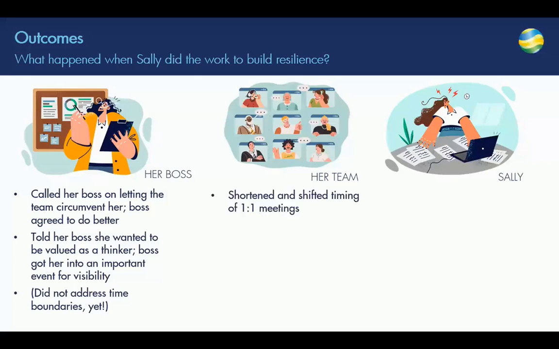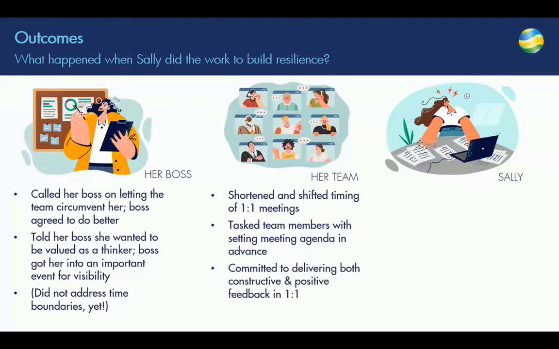With her team, she needed to get them less reliant on her. So first of all, she shortened her one-on-one meetings from 1 hour to 45 minutes. And then she also moved the meetings to the afternoons because she had identified that her most productive time was in the mornings. And she really wanted to protect that time for deep thinking, project work, that type of thing. And so moving the meetings to the afternoon when it suited her made more sense. She also asked them to bring in agendas. So again, she delegated the agendas to them and held them responsible.